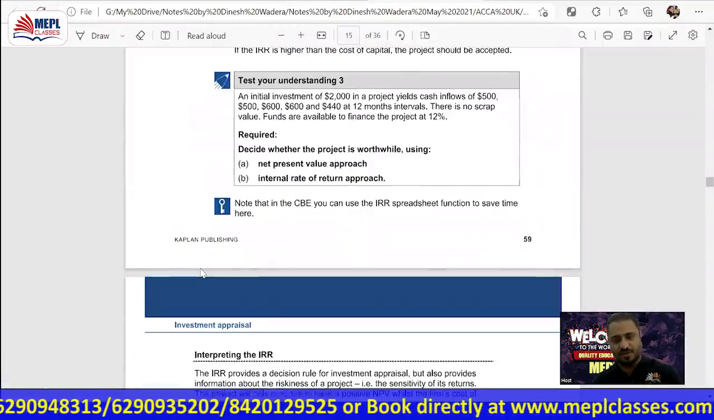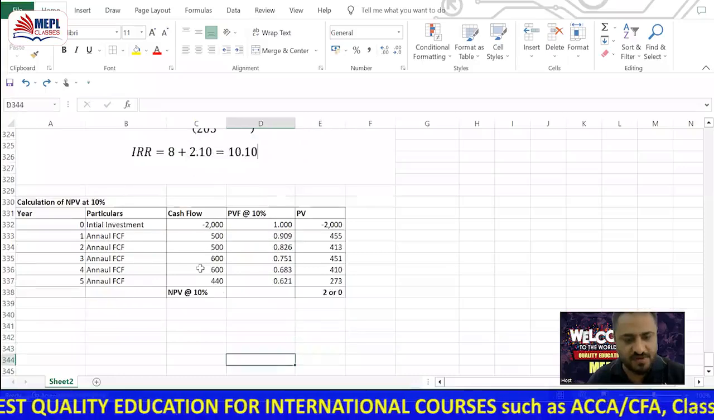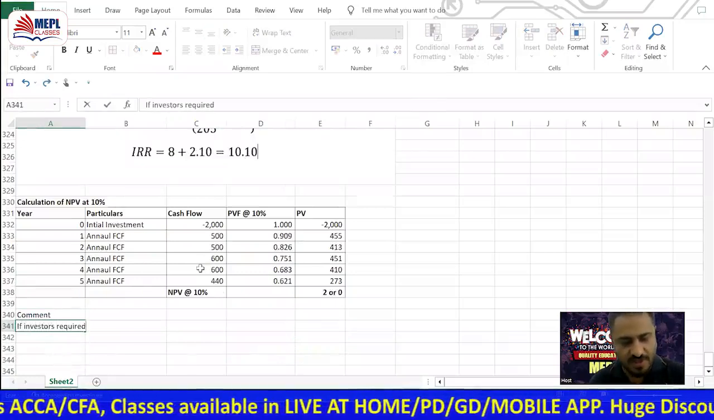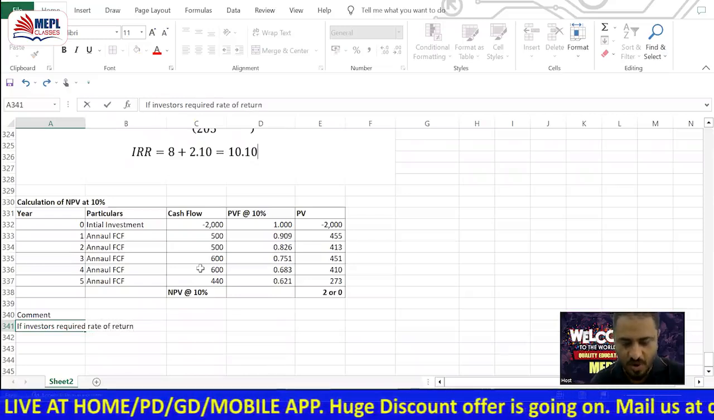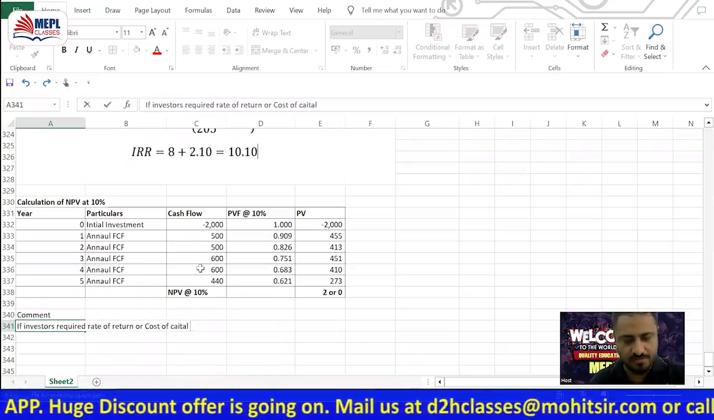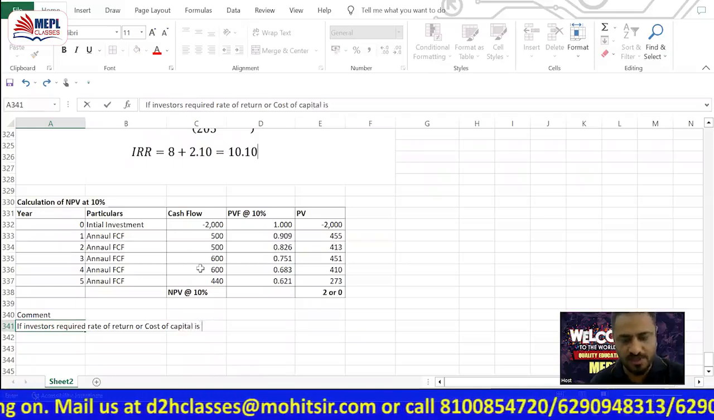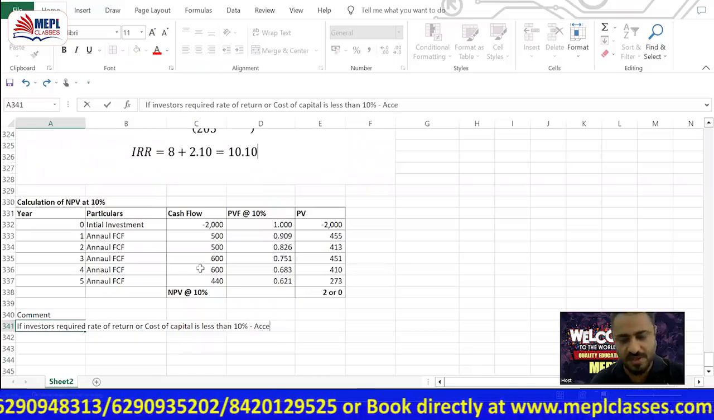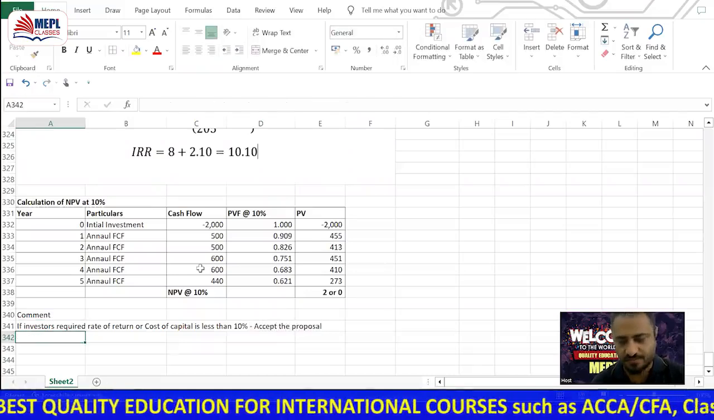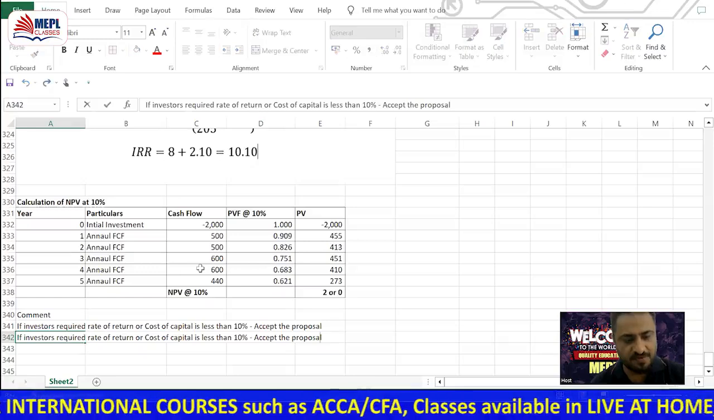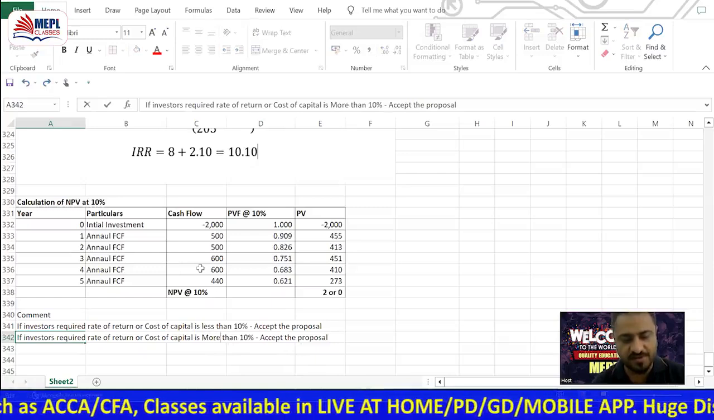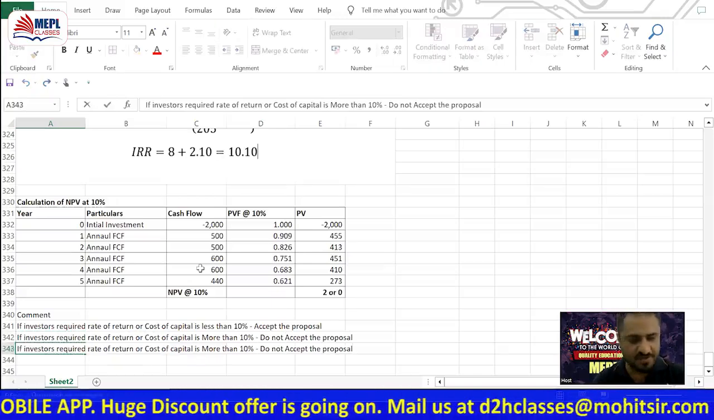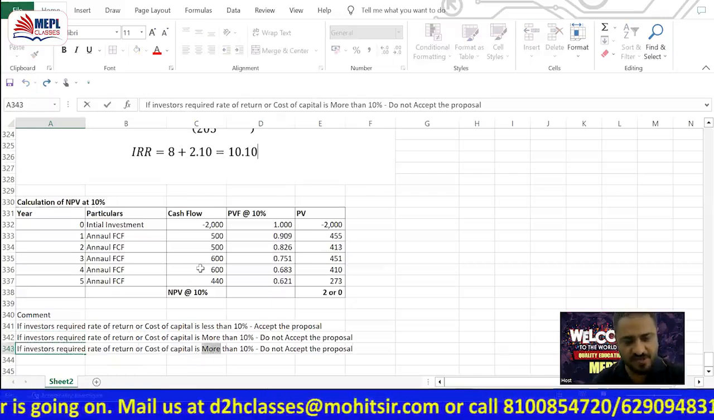So here we find the internal rate of return. Now, how to comment on that? That is also important. So the comment is that if the investor's required rate of return, which is nothing but the cost of capital, is less than 10%, accept the proposal. If the investor's required rate of return or cost of capital is more than 10%, do not accept the proposal, because NPV will be negative anyways. And if the investor's required rate of return or cost of capital is equal to 10%,